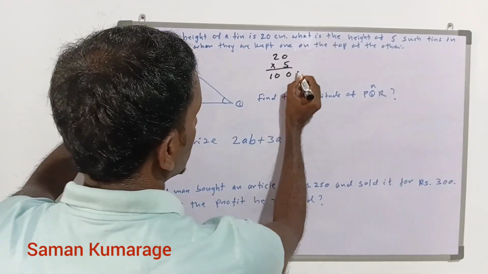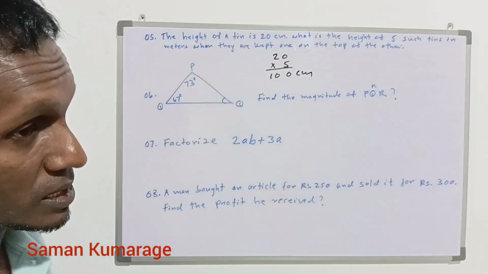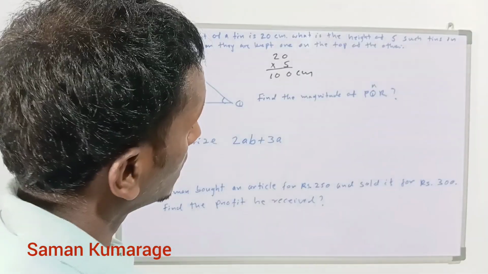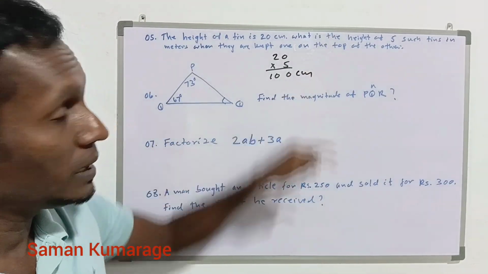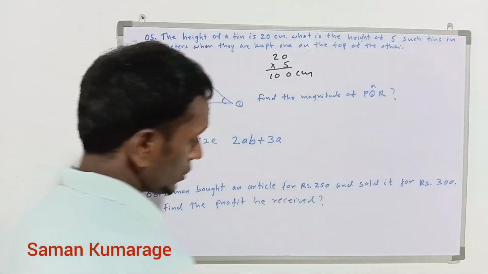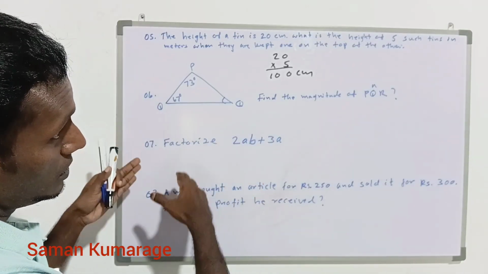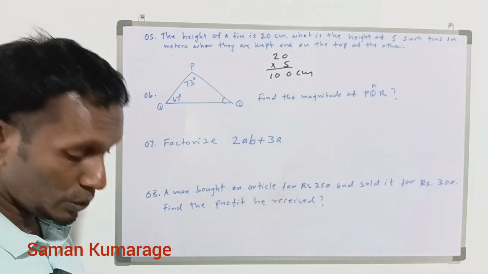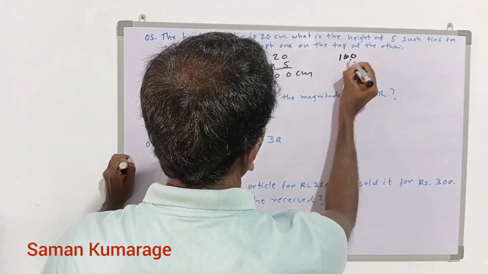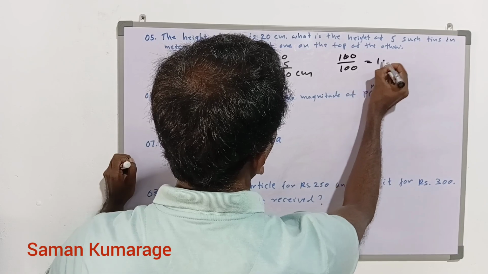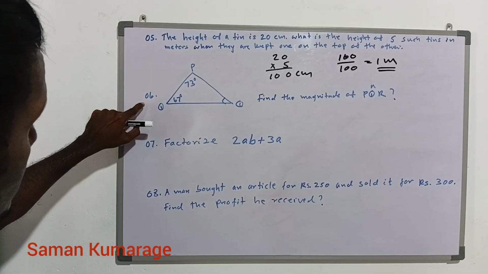It is 100 centimeters. Now we have to convert this 100 centimeters to meters. We know that the relationship between centimeters and meters is 100 centimeters is equal to 1 meter. So when we convert a value from a small unit to a bigger unit, we need to divide. So if you divide this 100 by 100, you will get 1 meter. Next question